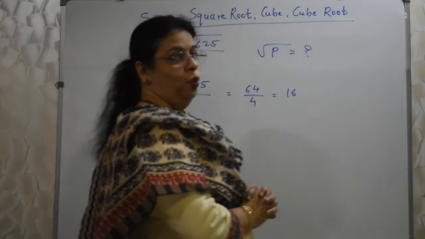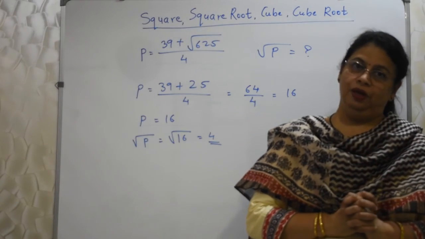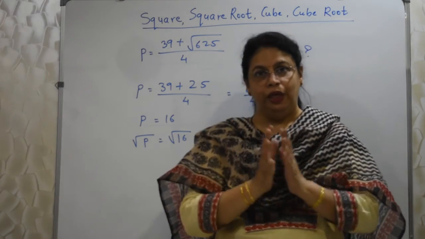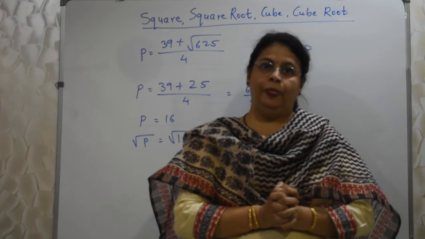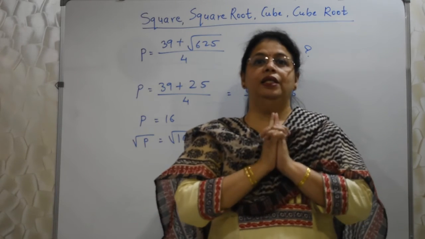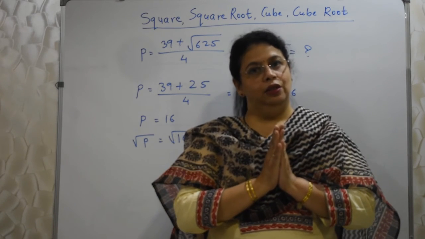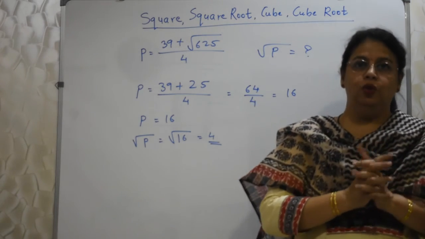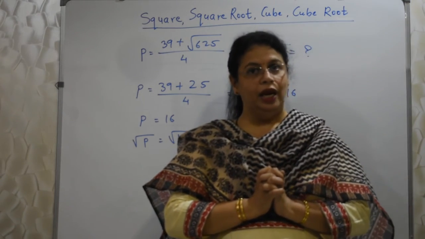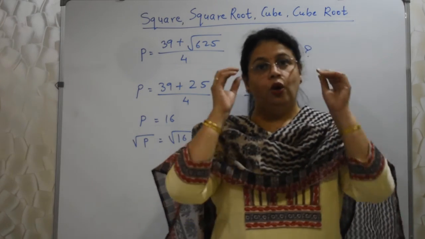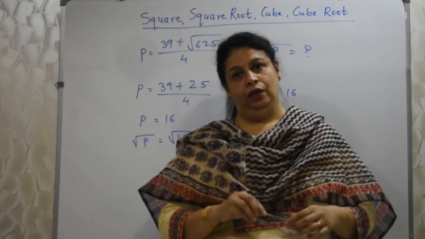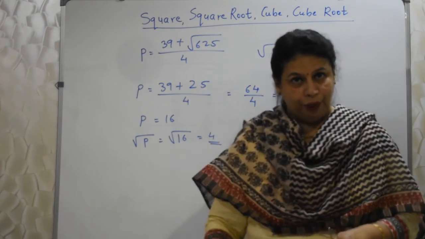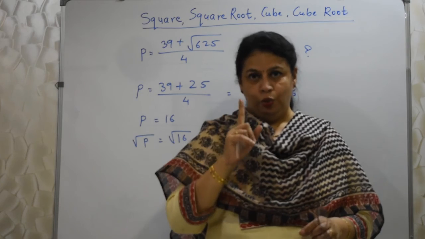Okay students, with this we are through with this chapter. In case you have any queries, comment section में लिख दो, I will definitely answer. Okay, this is a very scoring topic. You must know, I repeat once again, you must know the square numbers up to 30 and cube numbers up to 10. तो अपना काम बहुत easy हो जाता है. Okay, so very very interesting topic, so you must do it.